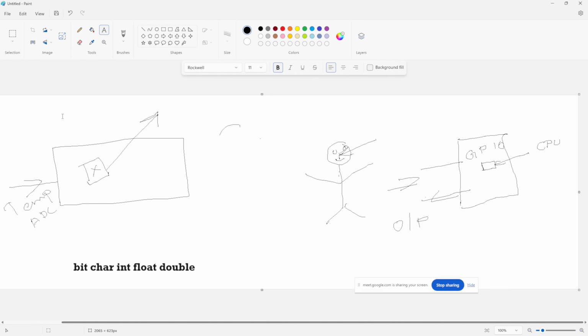Suppose we are using the bit data type for representing a memory location, it will take only one bit, not a byte. Suppose you are using a char to declare a variable, it will take 8 bits of memory. Suppose we are using int, it will take 16 or 32 bits of memory allocation based on your